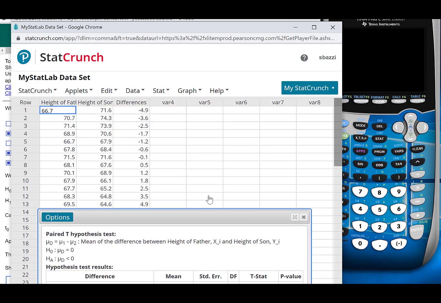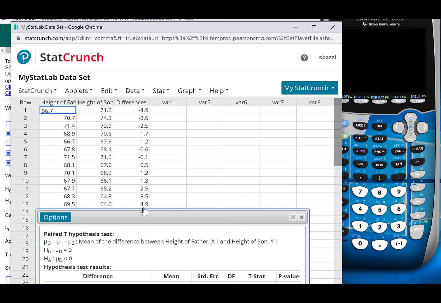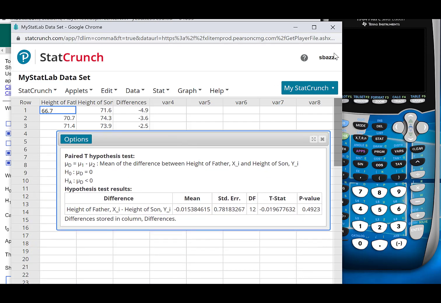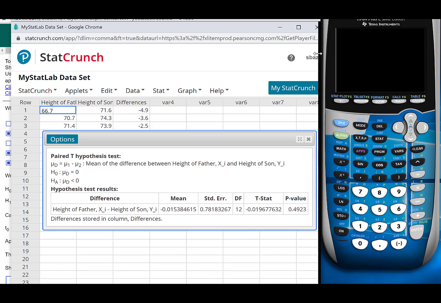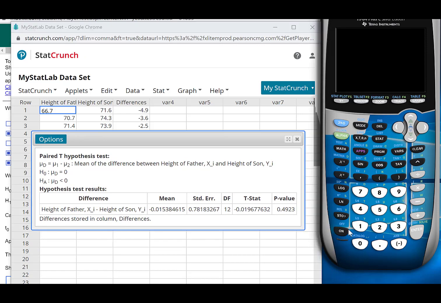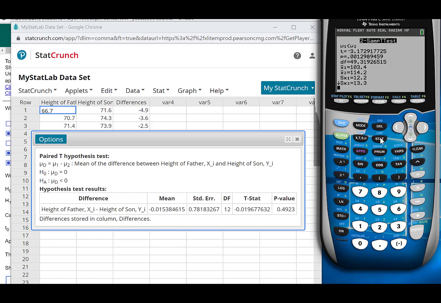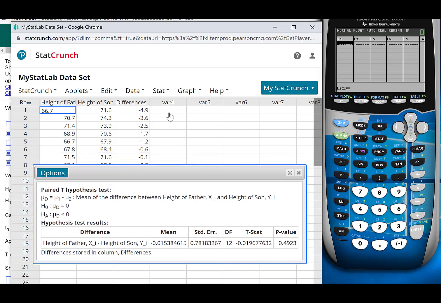And not only do you get the test statistic, you get the differences as well. If you were to do this on the calculator, guys, this is what you had to do. You will have to subtract 66.7 minus 71.6. You get the number. Do this and same. And then once you're done, you enter all of those in L1 using your calculator, and you run a t-test. So I'm just going to show you how you would have used your calculator. You would go to stat, edit, and in L1, guys, you enter all those numbers,